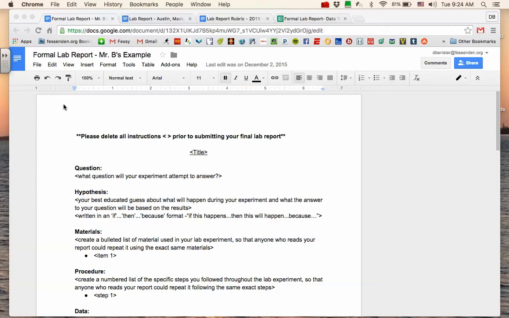a few weeks. Scientists write about their experiments for a number of reasons, many of which we have talked about in class already. They write about their experiments to share their results, to prove that they conducted the experiment, to allow other researchers to do their experiments, to publish results, to make new discoveries, and also to continue previous